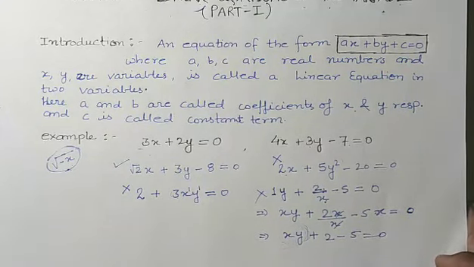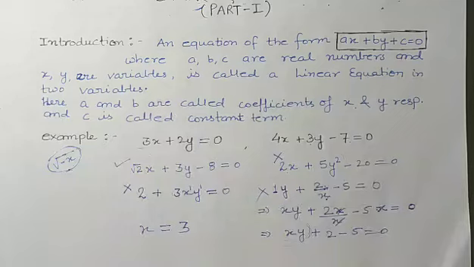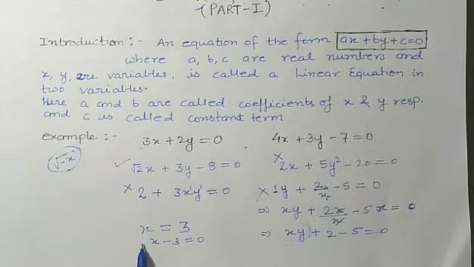Yes, one more example I want to give you, suppose it is only x is equal to 3. Is this a linear equation in two variables or not, students? So just think. See, there is only one variable. It is a linear equation. Okay, there is no problem. If you shift this 3, you will get x minus 3 is equal to 0. You can say that it is a linear equation. But it is not a linear equation in two variables. Only one variable is there, right? So it is not a linear equation in two variables.